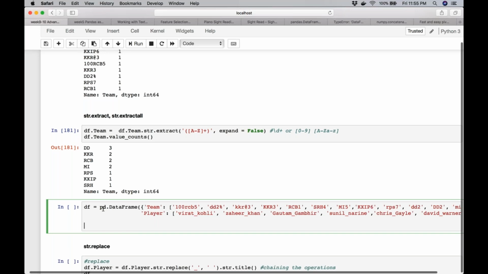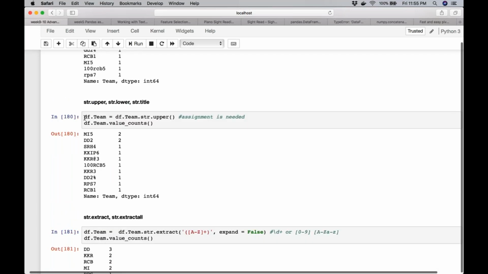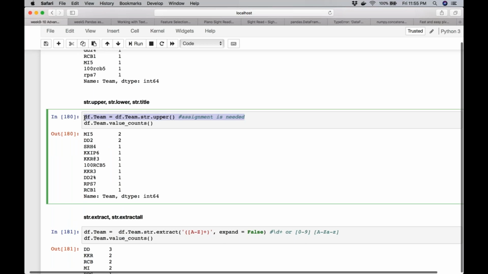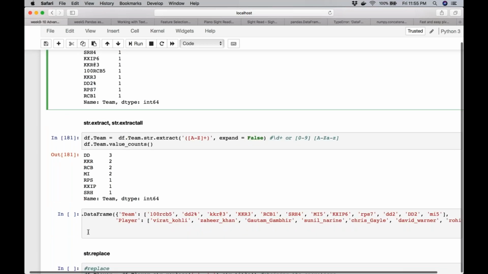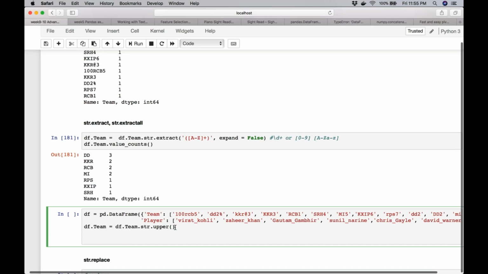So I'm creating the data frame once again. I would still have to convert everything to uppercase, so let's do that. Df team, it has become uppercase.